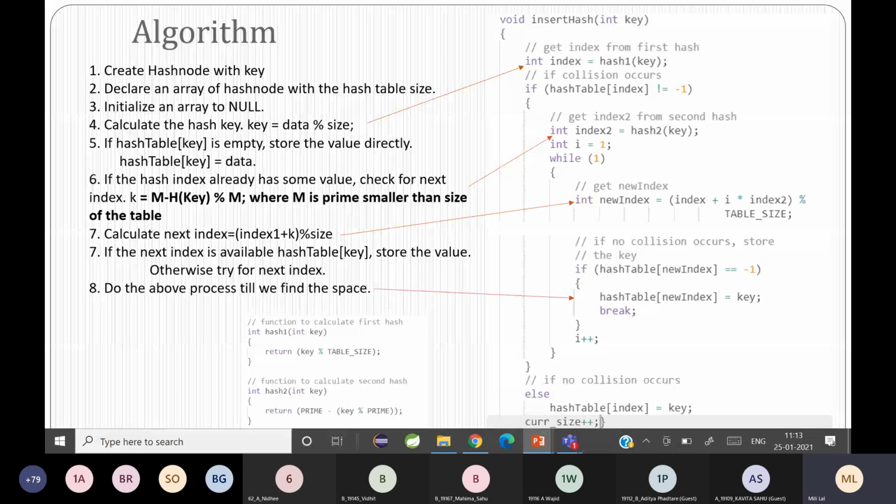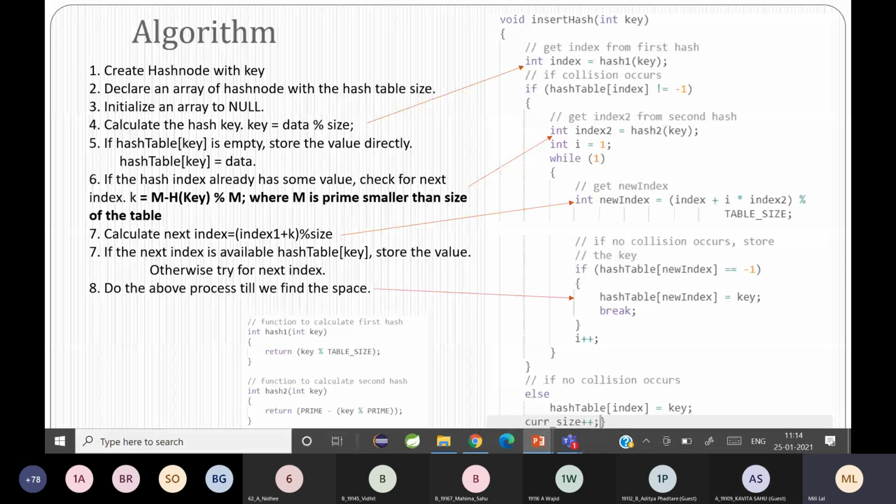Are you all going through the code? Please go through the code. Please ask if there is any doubt. Can somebody tell me what is the meaning of while one? It is an infinite loop.